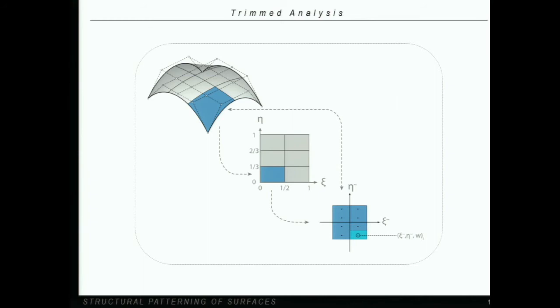IGA is, in fact, very similar to classical finite element analysis. It requires an integration over the domain in order to build the matrices used in analysis. But in IGA, integration is performed over the parameter space. So we could go back to that idea that everything happens in the parameter space in 2D, which is itself divided in quadrilateral cells. An initial drawback of isogeometric analysis was its inability to deal with trimmed geometries, which stems